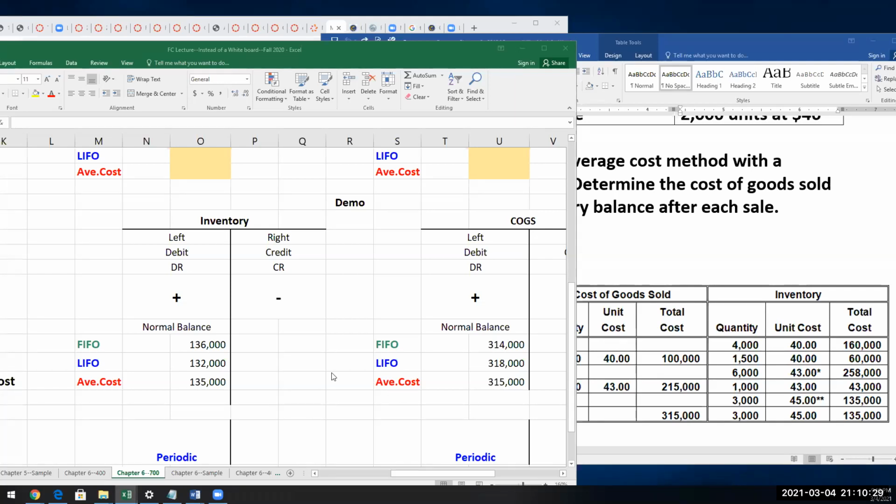I got to tell you a funny story here, you guys, that right now many of you aren't impressed. You're like, okay, average is in the middle. 135 is somewhere between 132 and 136. Yeah. 315 average is between 318 and 314. Yeah. So what? I'm going to tell you right now, there is a book that we used in the 90s,